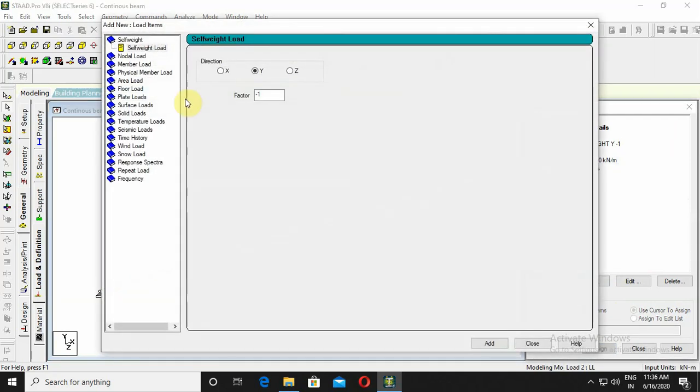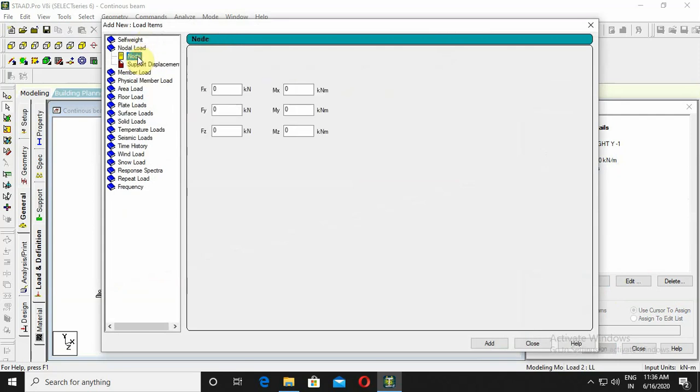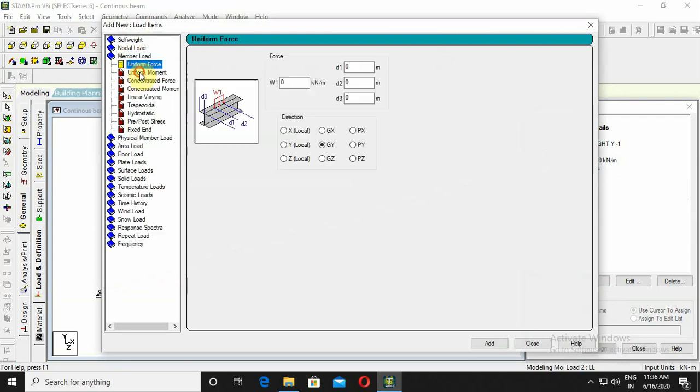Next is add the concentrated force. For that you need to take the nodal load or the member load. In that one concentrated force is there, enter it as -10 kilonewton.